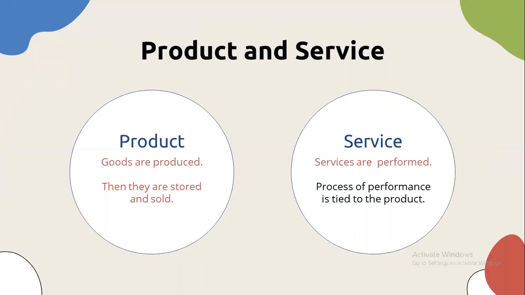Products are stored and sold, but process is a performance which is tied to the product. When you are buying a coffee, if you like the coffee and you do not like the service, you are going to talk about coffee and service together. You might not visit that outlet again just because you did not like the service. At that minute, your product is taking a backseat and service is more important. That is the importance of service we are talking about.